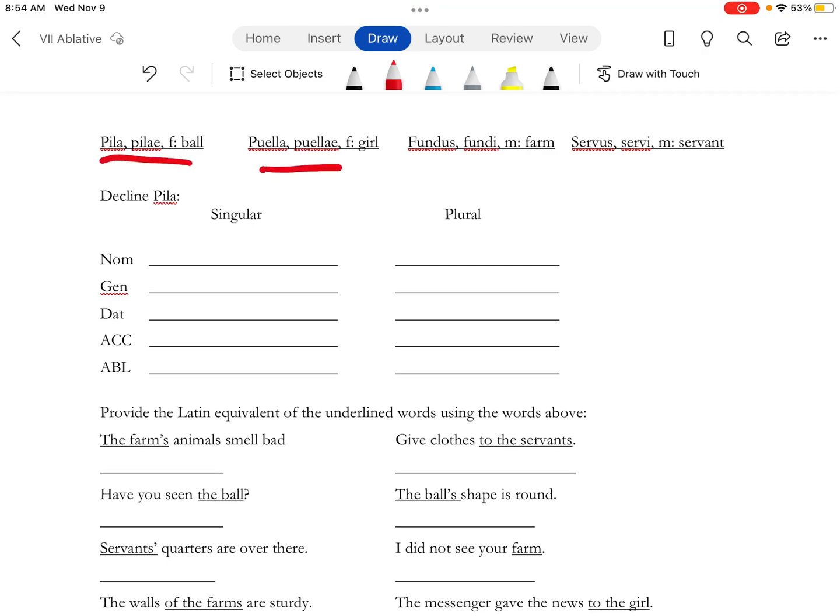The words up here are the ones we're going to use throughout. It says decline pila, which is this one. Get my stem.